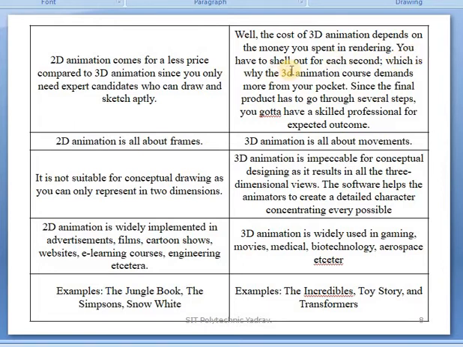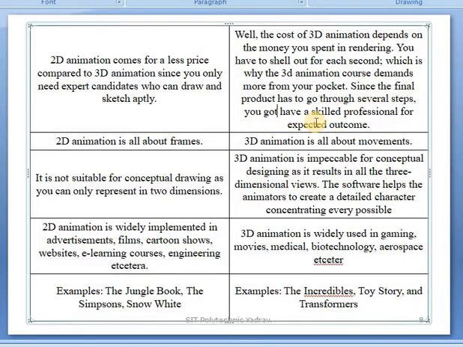You have to shell out for each second, which is why 3D animation demands more from your pocket, since the final product has to go through several steps. You must have a skilled professional for the expected outcomes.